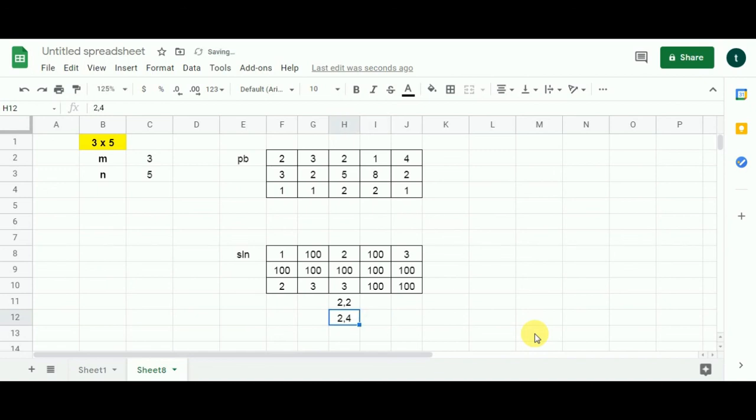Okay, so 1 added to this 3 is going to give me 4. Now that 4 we are going to compare with the value of the cell represented by the index 2, 4. So here the value is 100. 4 compared with 100. 4 is less than 100. So this 100 will be replaced by 4. And we have our solution populated in the last cell of this matrix.